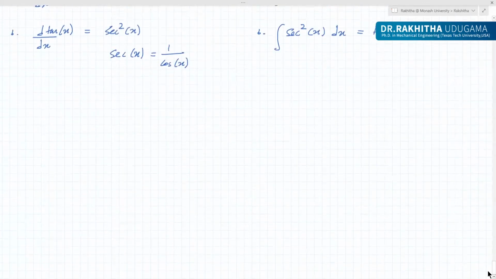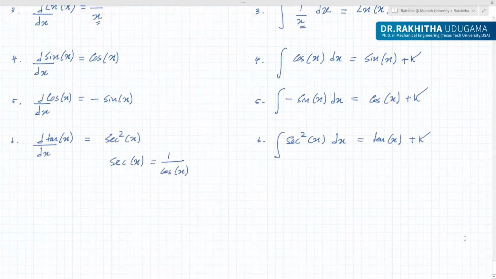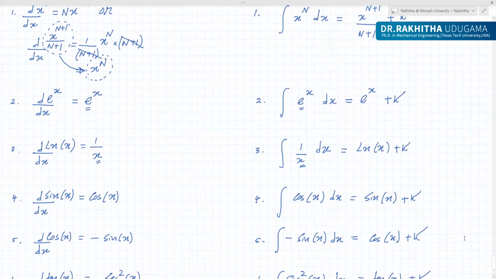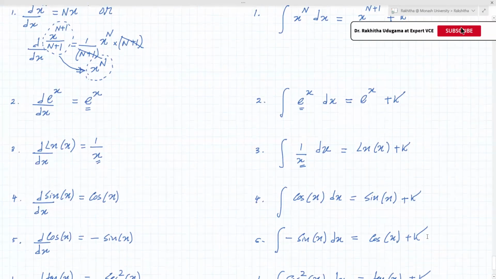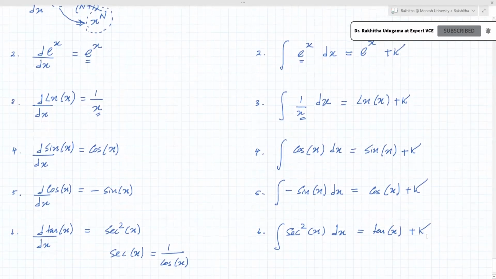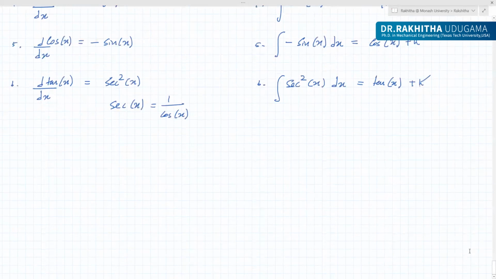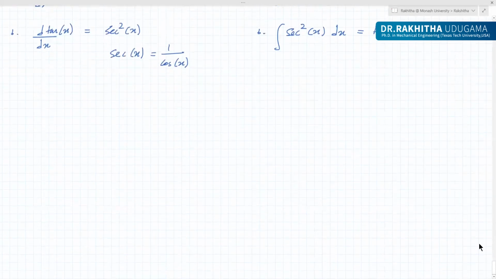So these are the base cases, right? If you know these base cases, there are only 6 base cases. If you know these, all the questions coming to your VC exam would be from these 6. And apart from this, we have to understand the variations, and I'm going to talk about that in a bit.